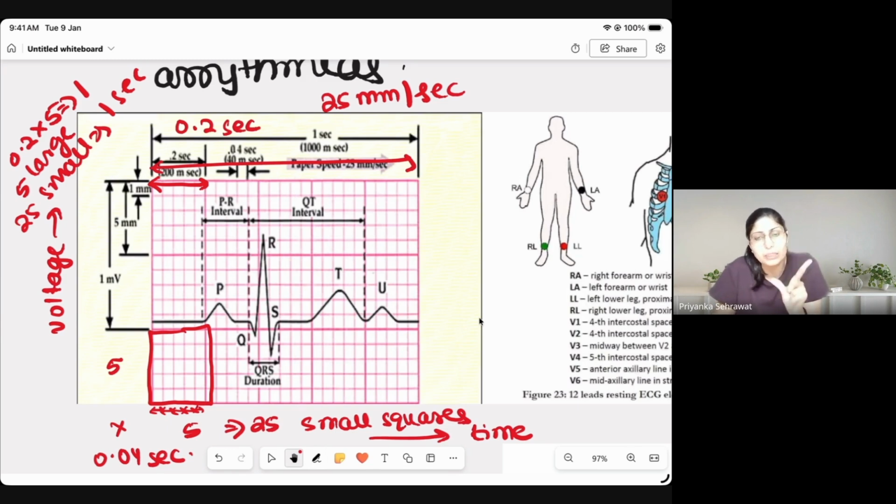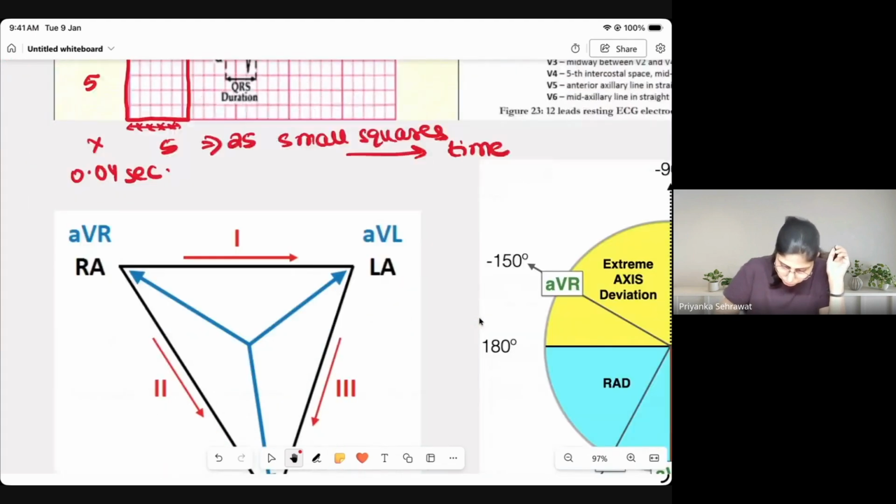इसका मतलब क्या है? इसका मतलब ये कि each second 25 millimeter of ECG paper comes out of the ECG machine. In 1 second, 25 millimeter of that ECG paper is coming out of the machine. Now let's look at it in reverse. How can you figure it out in your exam, or in case in future you have not revised it? How can you remember that? Just remember the speed of the paper, and you will be able to remember the rest of the measurements. How? Let me show you.